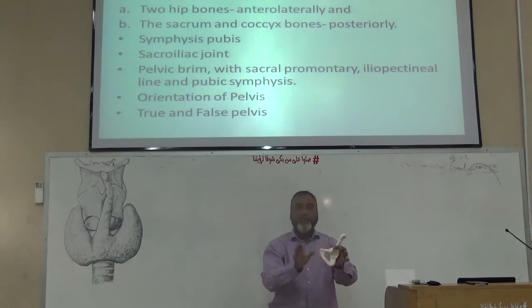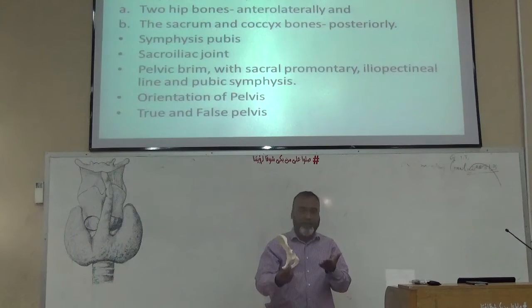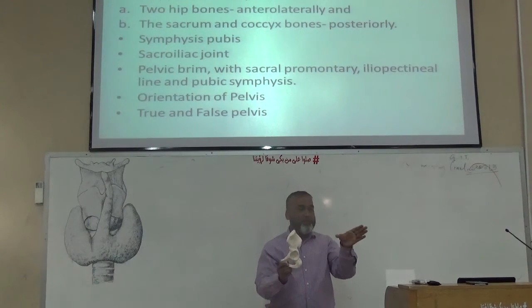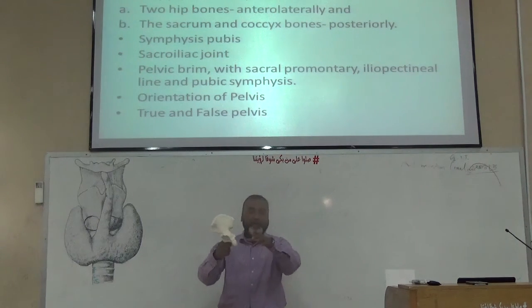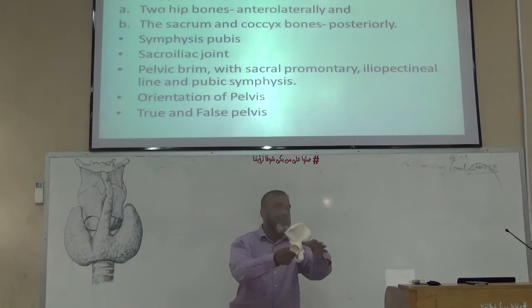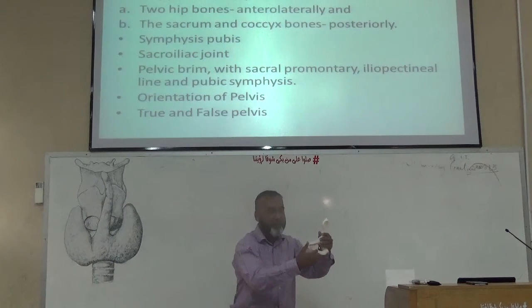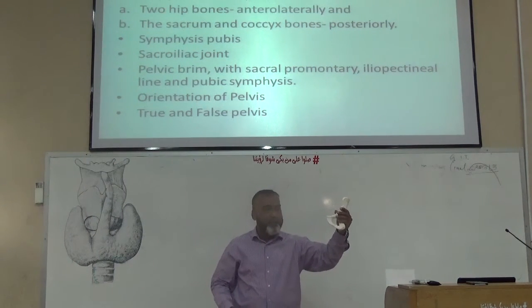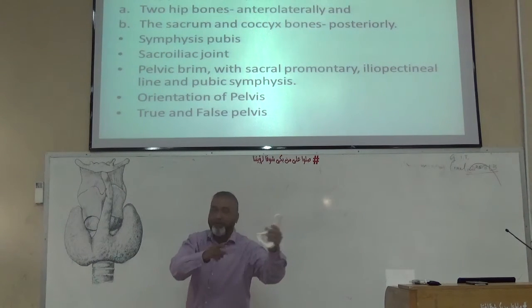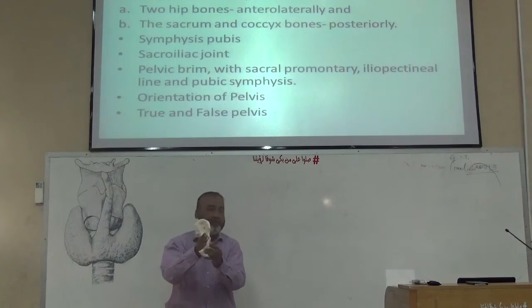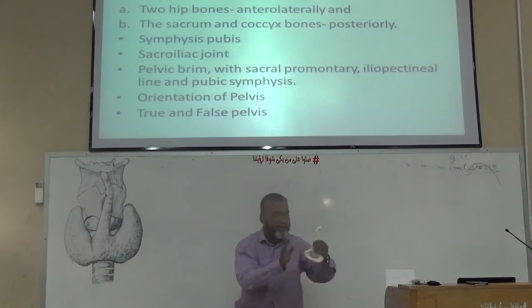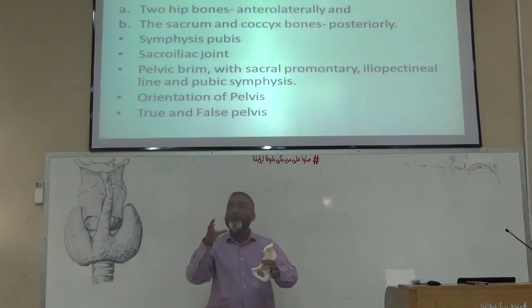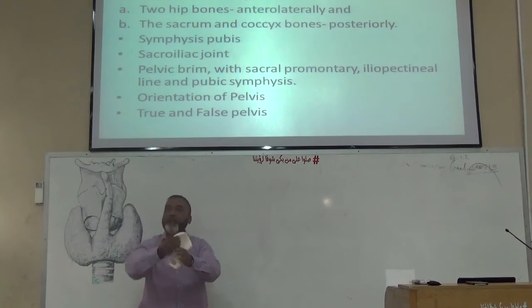If you hold it in anatomical position, the correct way is when you hold this arch, which we will name later on, in the area between the thumb and the index finger like this, and you cover the acetabulum with your finger. So this is in which hand? Left. So this is the left sided hip bone. If you hold it like this, you cannot cover the acetabulum, so it is not of the right side, it is of the left side. Then this hip bone, this is the iliac bone.